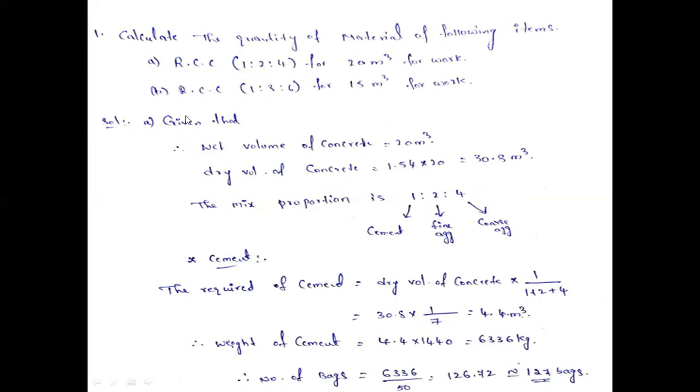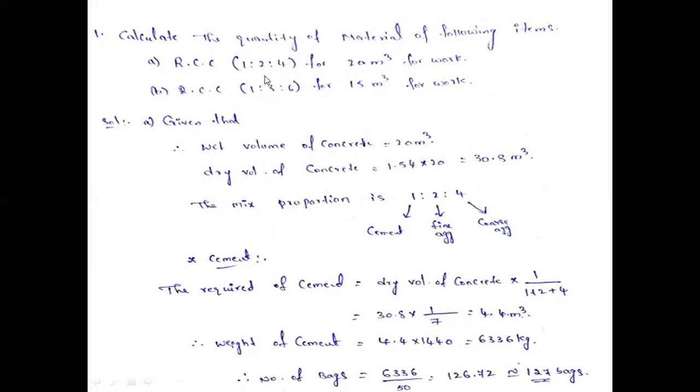Next, the second one is RCC, 1:3:6 for 15 cubic meter of work. So we solve A and B. First A, given that,